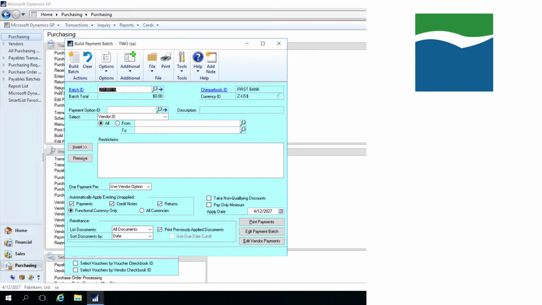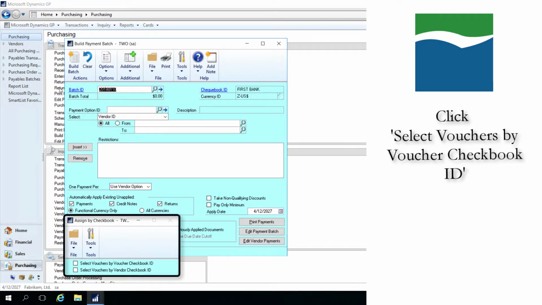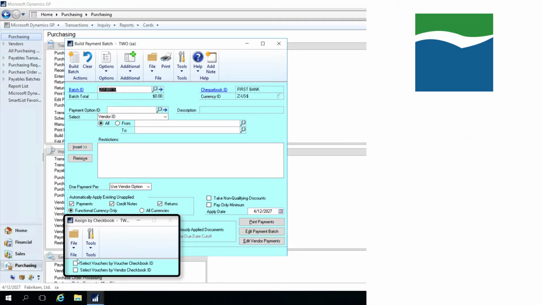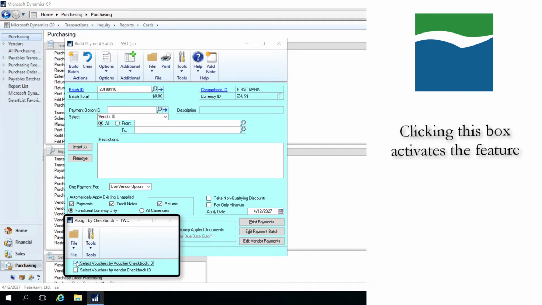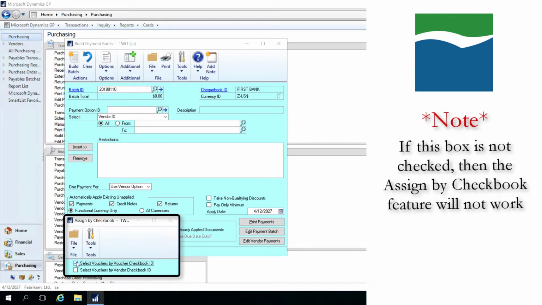Now comes the key step in this part of the process. Click the box to select Vouchers by Voucher Checkbook ID on the Assign by Checkbook window, which should already be open. Clicking this box activates the feature, and now when you go forward building payment batches, only vouchers that have been assigned to the checkbook that you're building payments from will be pulled. Please note that if this box is not checked, then the Assign by Checkbook feature will not work when you